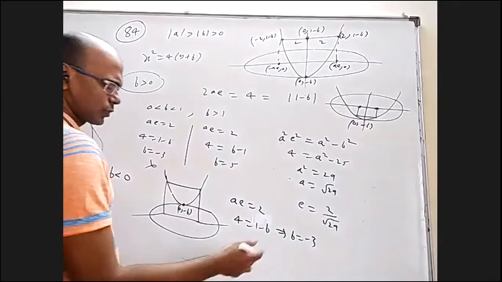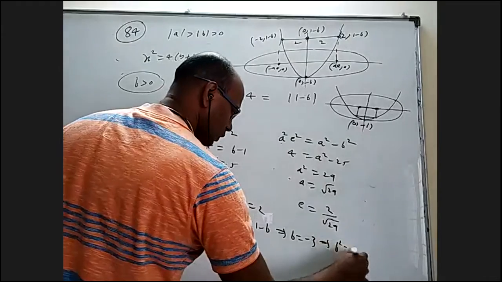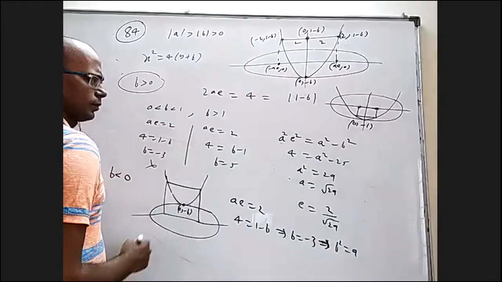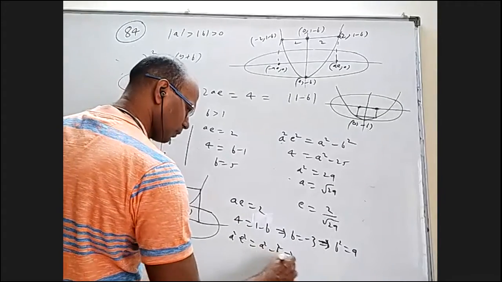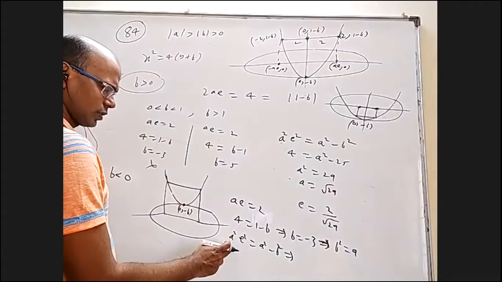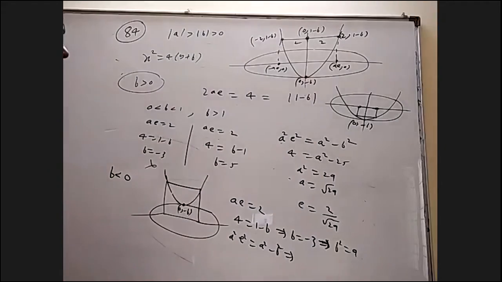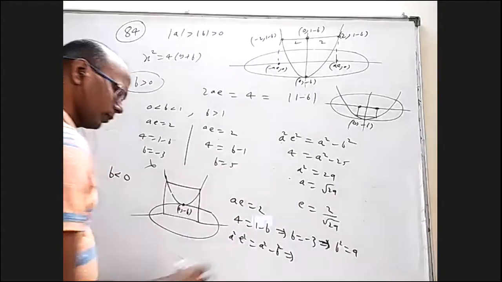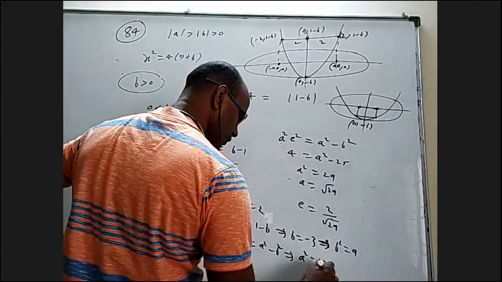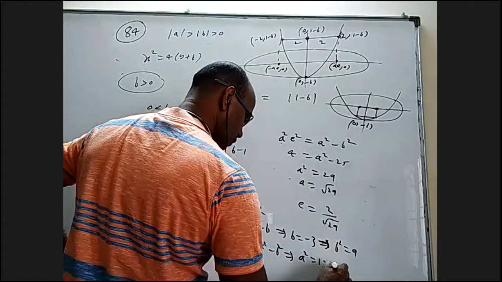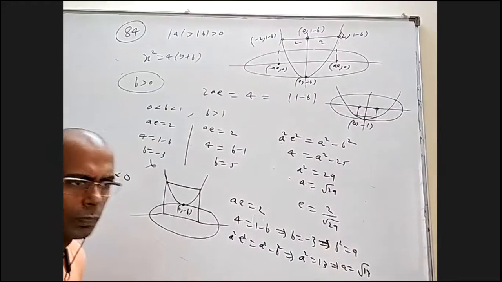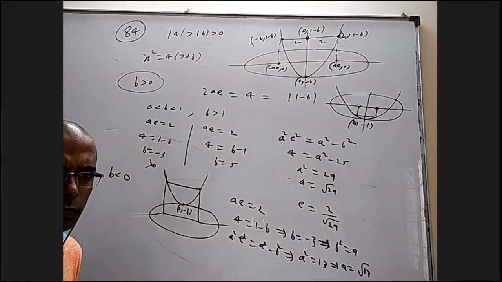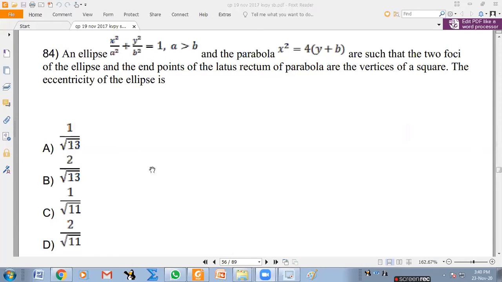Now I think we'll get the other option where B square equal to 9, and this one, A square E square, is equal to A square minus B square. And I put B square as 9 and this is 4. 13 will come. A square equal to 13 and A equal to root 13. Is the answer 2 by root 13? Yeah, 2 by root 13 is there.